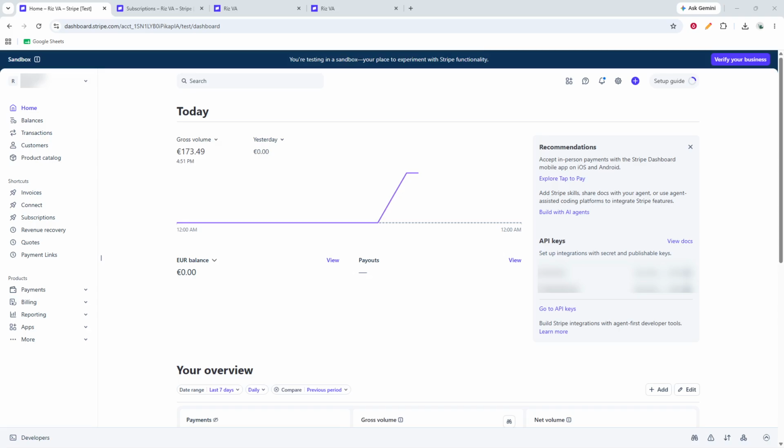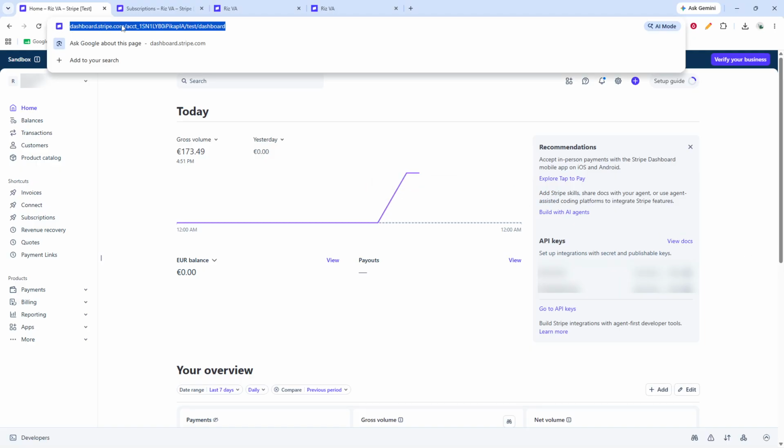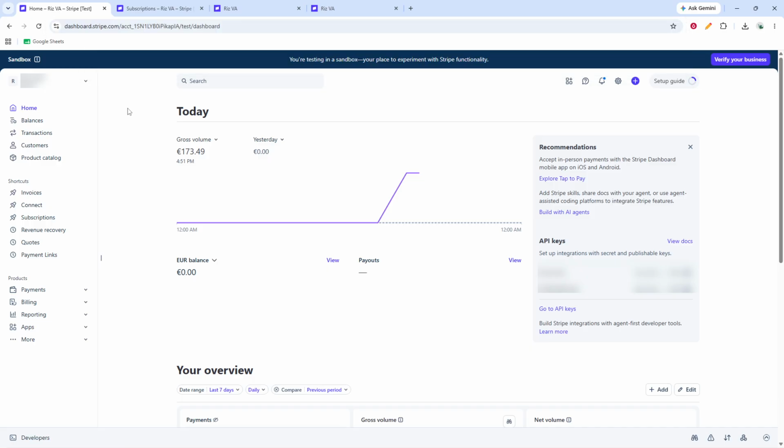In today's video, we are going to cover how to view the test balance in Stripe. Start by signing in to your Stripe dashboard with your account details. Once the dashboard opens, take a moment to confirm that you are looking at the correct environment before checking any